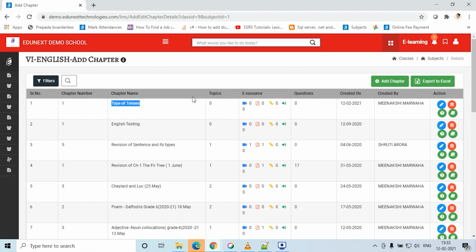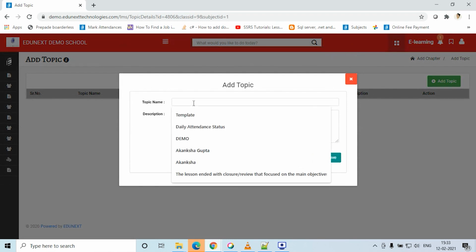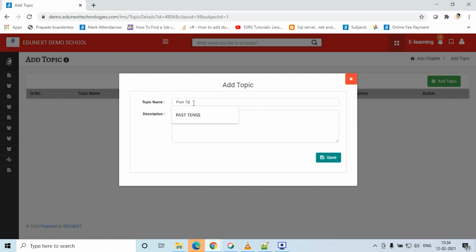Now under this chapter you can create topics through this book button. Let's add one topic, past tense. If there is any description regarding this topic, you can mention it here. Dummy topic, and save.